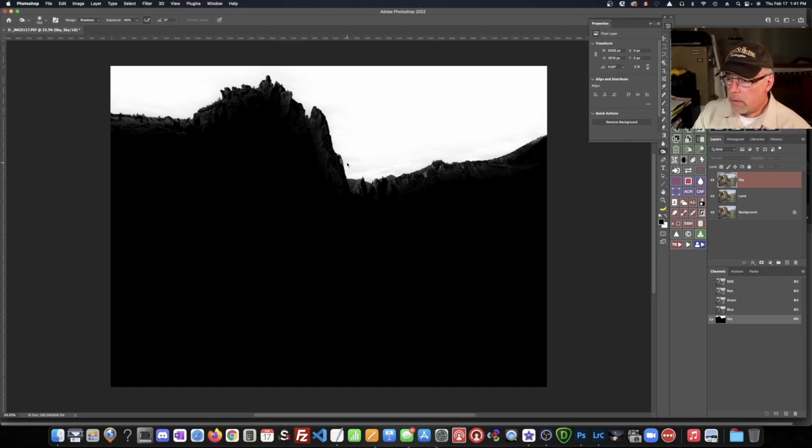And so that means that the selection had some feathering, and it's not a real accurate selection between the sky and the land. So I'm going to modify this sky channel to make this selection more accurate, separating the sky from the land much better. And it's pretty simple. I'm going to start by using the dodge tool